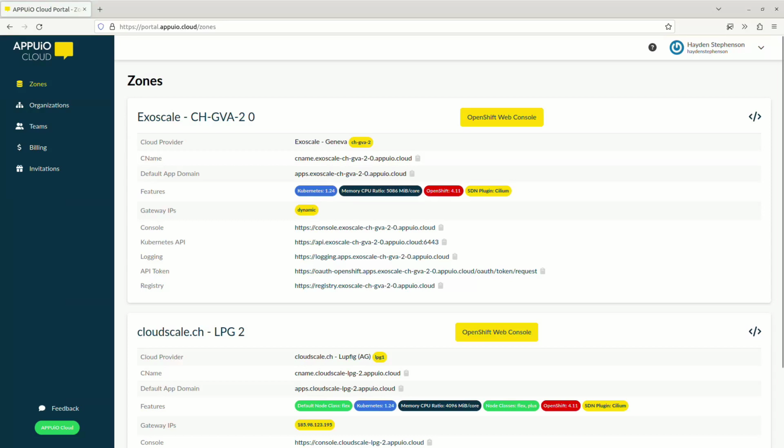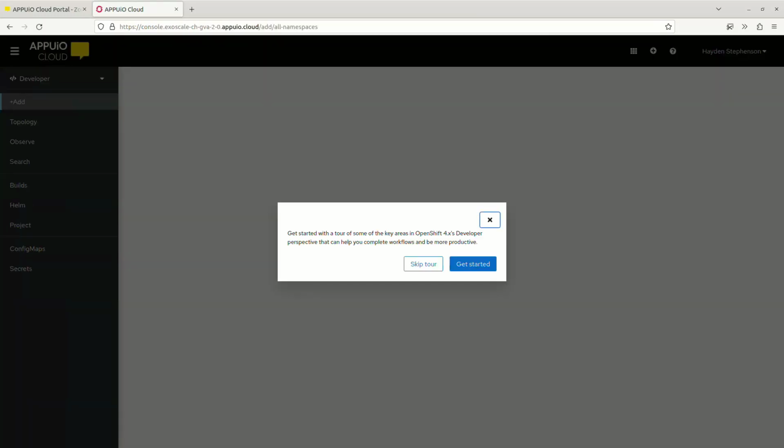Navigate to the Zones dashboard. This page displays useful information about all the APPUiO Cloud zones. Currently, we have a zone in CloudScale CH in Aargau and another in Exoscale in Geneva. Click on the button labeled OpenShift Web Console next to the Exoscale zone. This opens a new browser tab with the console of the Exoscale